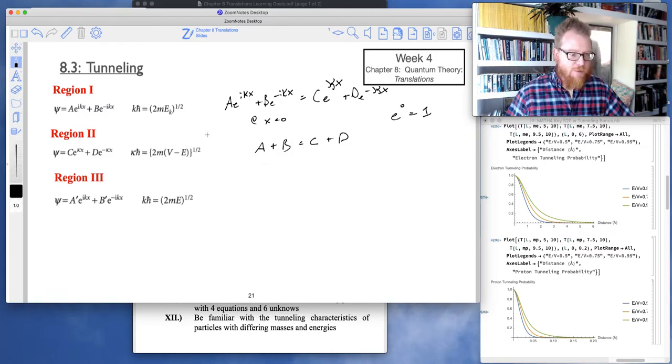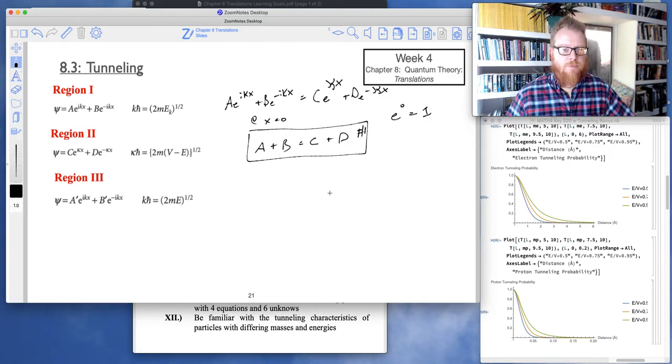So now that becomes the following. I'm going to say wave function number 2. First, sorry, I'm going to box that off, and I'm going to call it number 1. Okay, so now the second boundary we need to worry about here is region 2, which is going to be